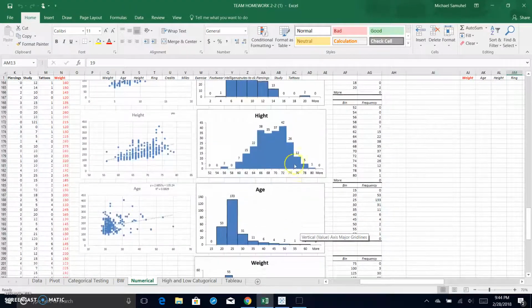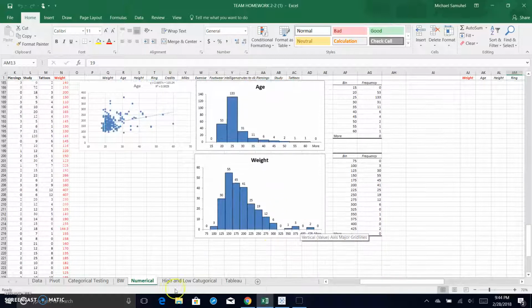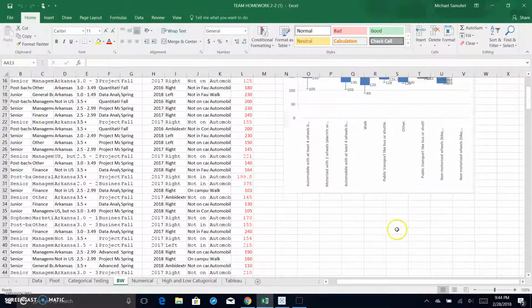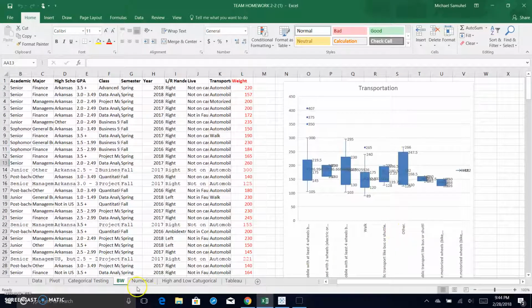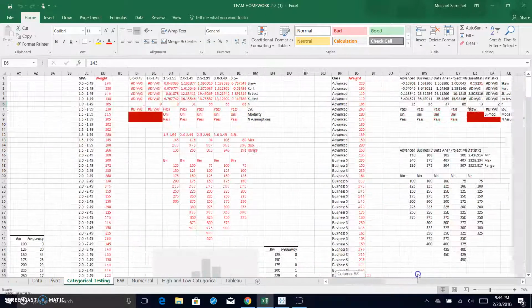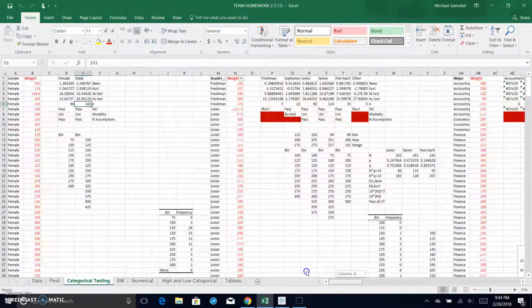I did forget to add in the lines on some of these histograms. And then we went, and I'm not sure if we did box and whiskers next or not, but there's the transformation box and whiskers. Categorical testing was next. We split all the data along there,